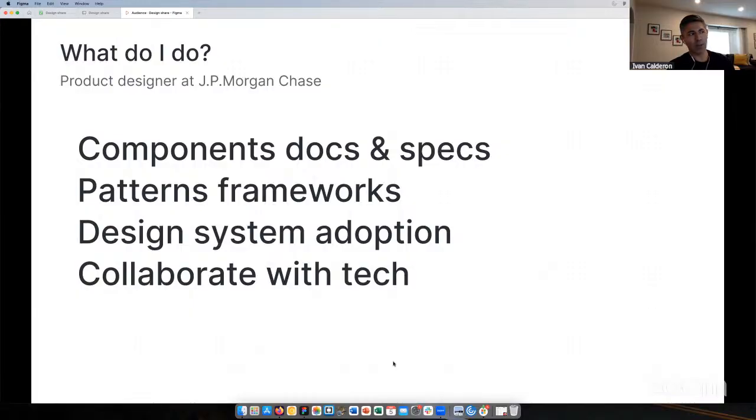It's more important than components or patterns. So yeah, I'm working on that. I work in pattern frameworks. I'm in charge of the patterns right now, working with different teams and contributions this quarter and the previous quarter. I'm a kind of evangelist in the company right now for adoption of the design system, and collaborate